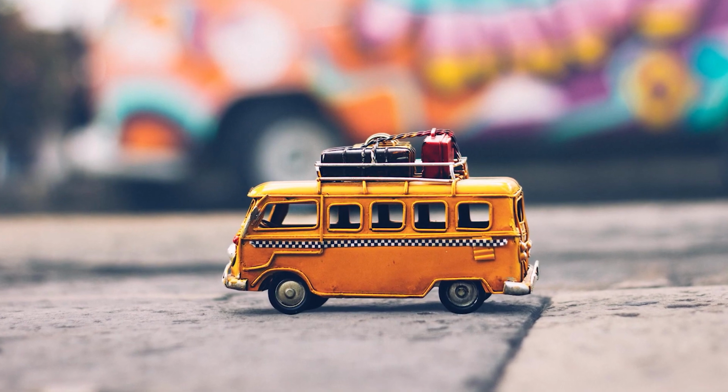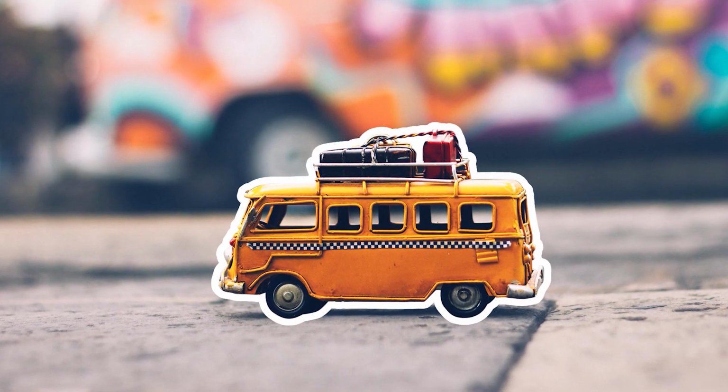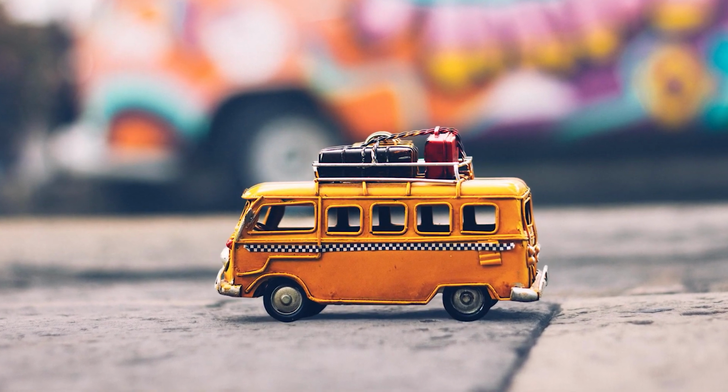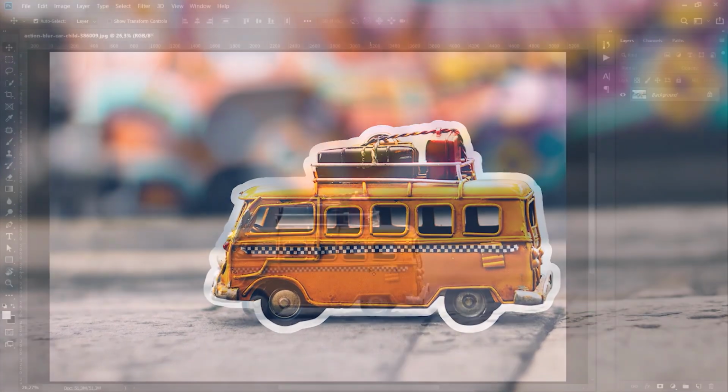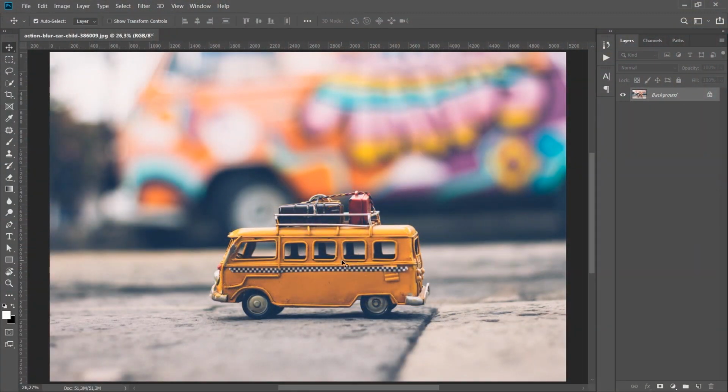In this Photoshop tutorial, I will try to decouple an image and show how we can add a border to that image, how we can add an outline. First of all, let's open the image we want to add the outline in Photoshop, and we need to select